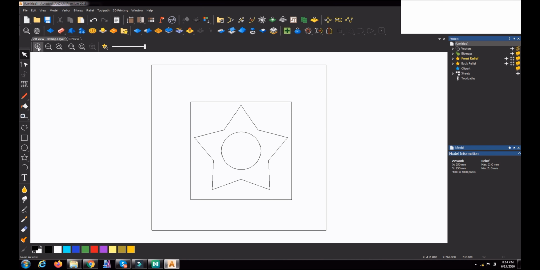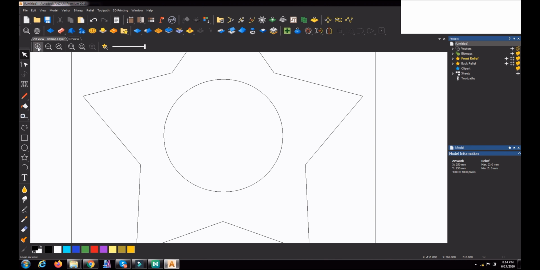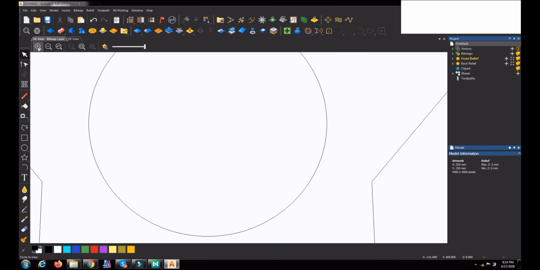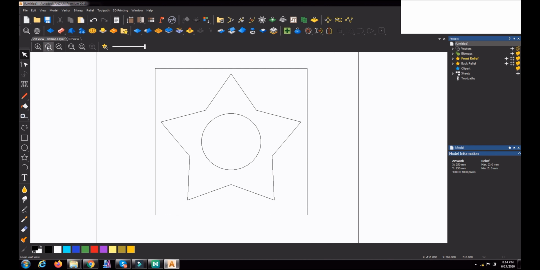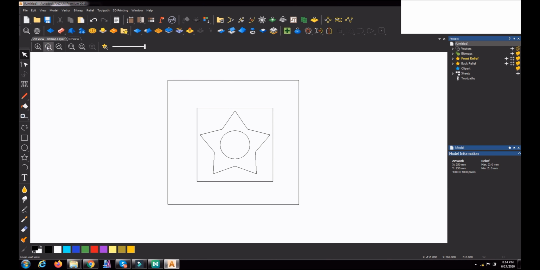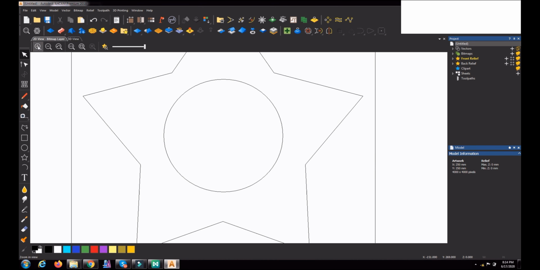The icon available here is zoom in, where if you click zoom in, it expands, it becomes bigger and bigger, and zoom out, it becomes smaller and smaller. In the zoom out you can get an overall view of the object. So this one is just to zoom in and zoom out.